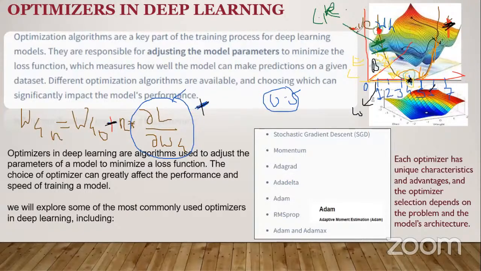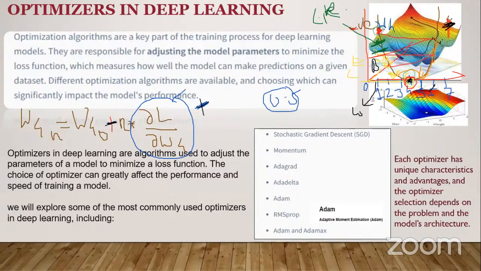Now try to understand why the learning rate is important. If I take a very high learning rate, let me denote this in a different color. If I take a very high unit, what will happen? Maybe I will try to reach here, here, here, here. Very fast movements will happen, and within those movements I will not be able to reach the minimum level. And if I take a very low rate, a very small value of the learning rate,